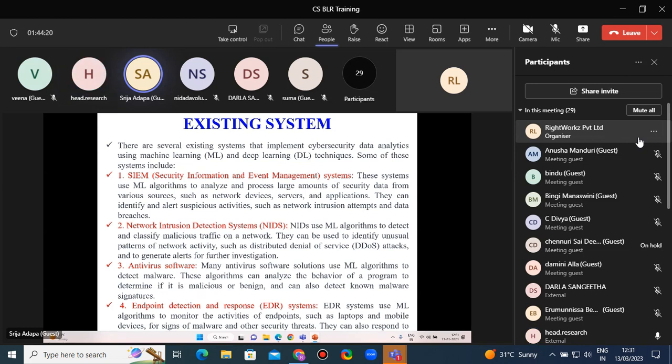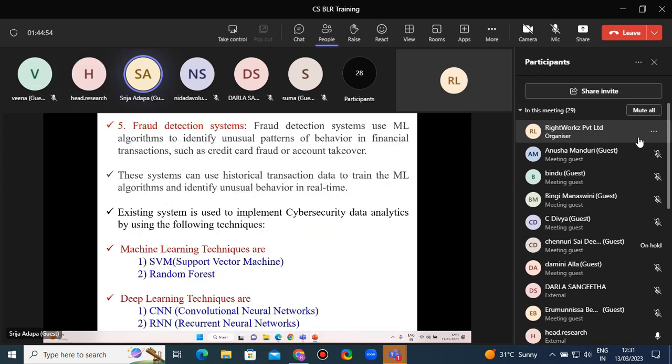And third one is antivirus software. Many antivirus software solutions use ML algorithms to detect malware. These algorithms can analyze the behavior of a program to determine if it is malicious or benign, and can also detect known malware signatures. And the fourth one is endpoint detection and response systems. EDR systems use ML algorithms to monitor the activities of endpoints such as laptops and mobile devices for signs of malware and other security threats. They can also respond to